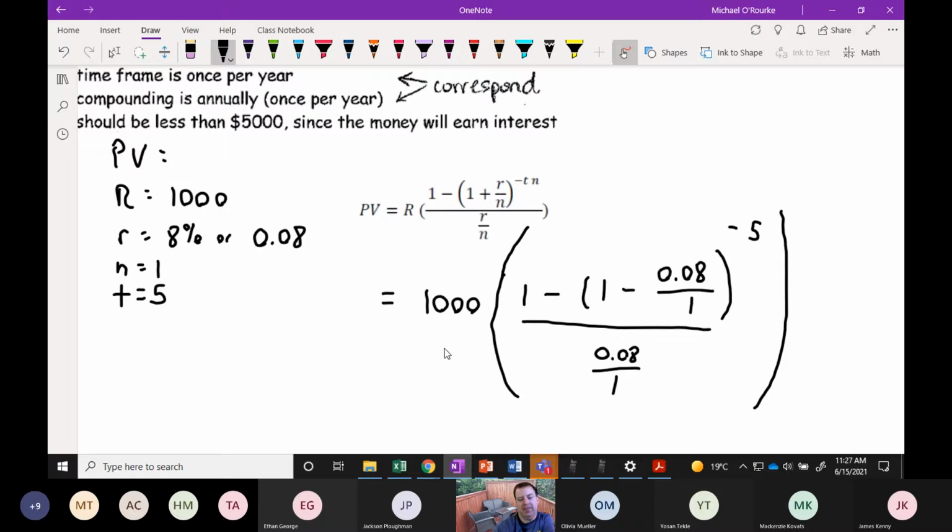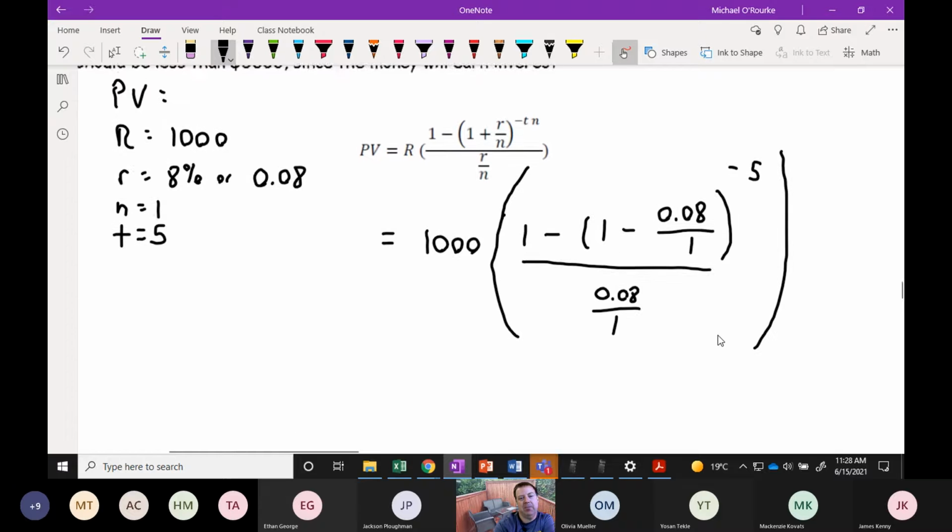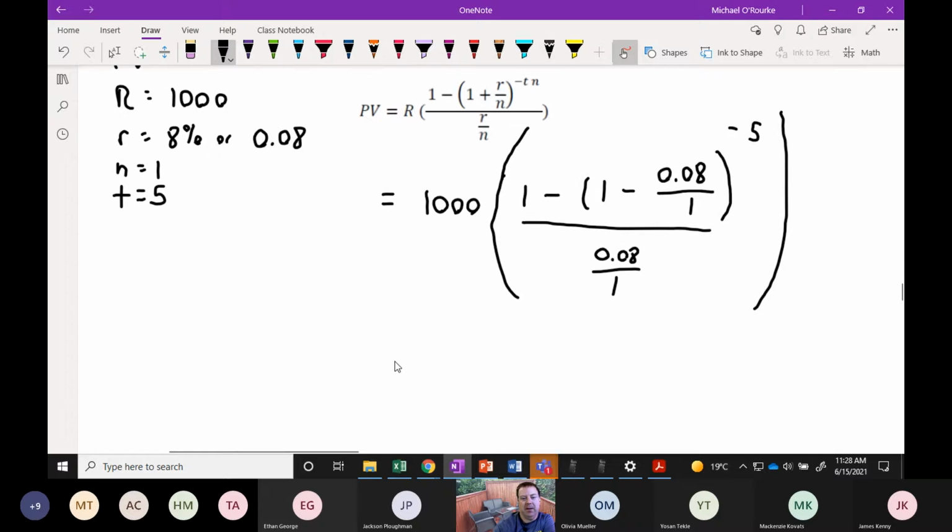Extend these brackets all the way up. Do we understand how we got this? How we plugged all that into our formula? Okay. So we just plugged in the numbers. Now, as always, we would get a top number and a bottom number here if you're doing it with your calculator. Okay. And if you're doing it,